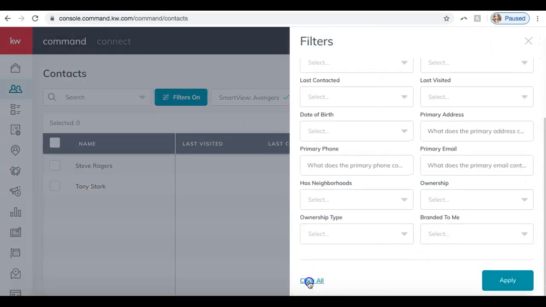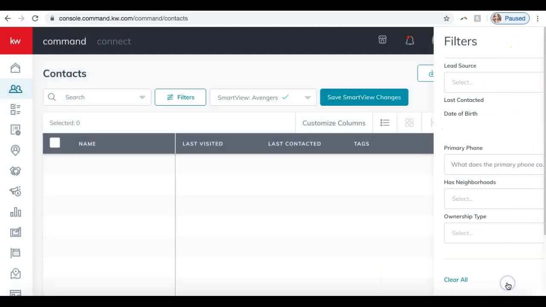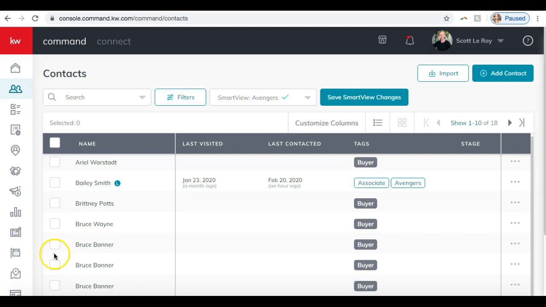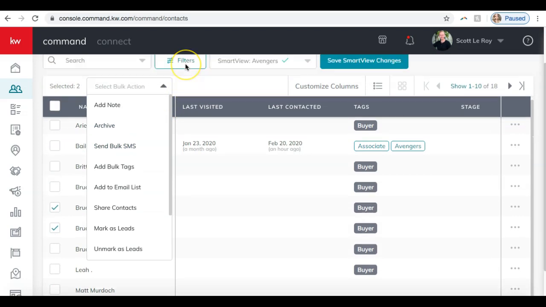So I'll go ahead and show you guys a couple more things on here before we get back into the settings. So if we wanted to delete a contact, this Bruce Banner is in here 3 times, so I'll just delete the first 2. What you can do, you can select any of your contacts here that you wanted to bulk update. So you can see now I've selected multiple contacts and this new drop down appeared. It says select bulk action, and when we open that up,